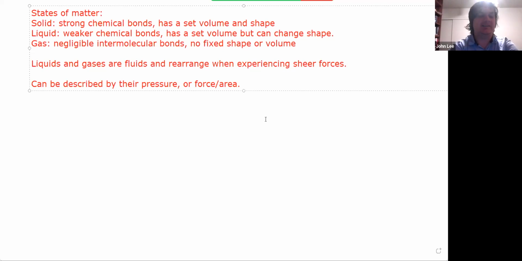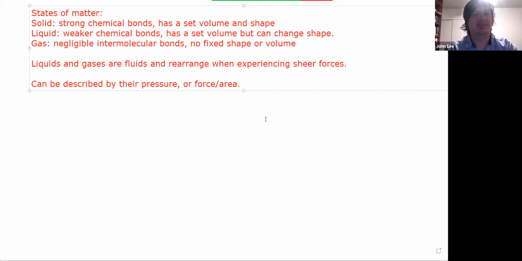For example, ice is a solid state of water, which has both the bonds combining the H2O, the two hydrogens to the oxygen, and the bonds which combine the H2O to the other H2Os. And then a gas has negligible bonds connecting the H2O, the water vapor, to other water vapors,